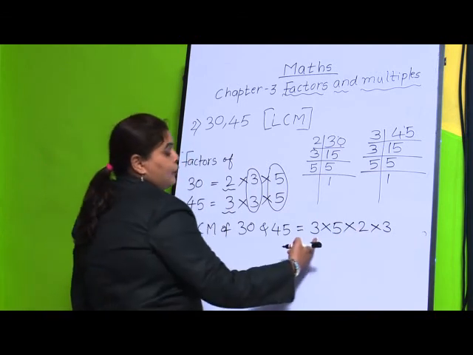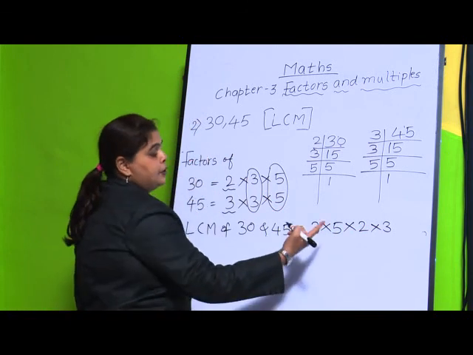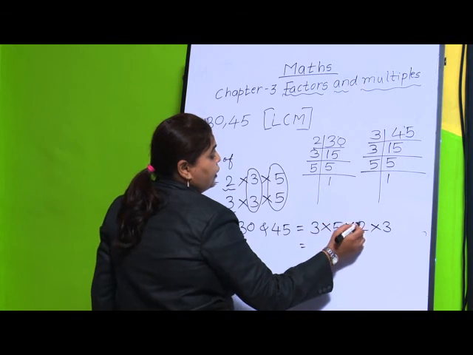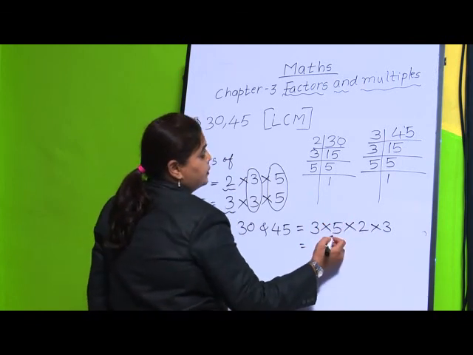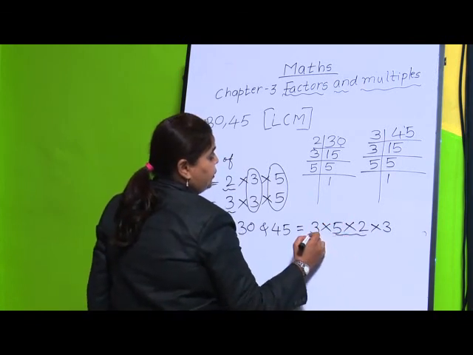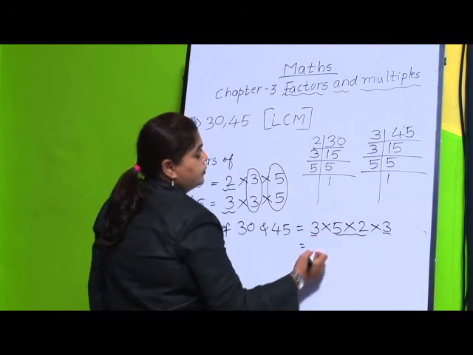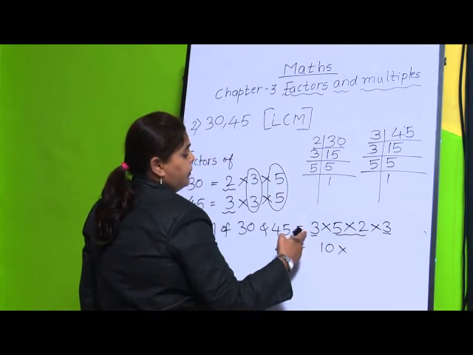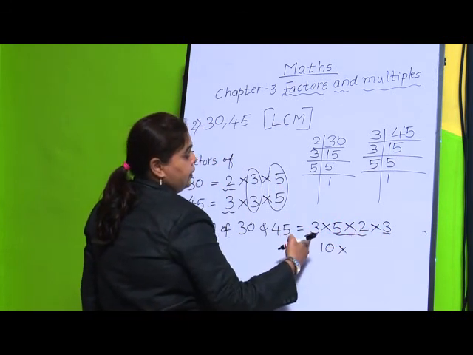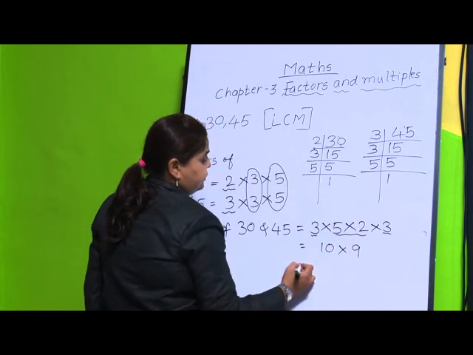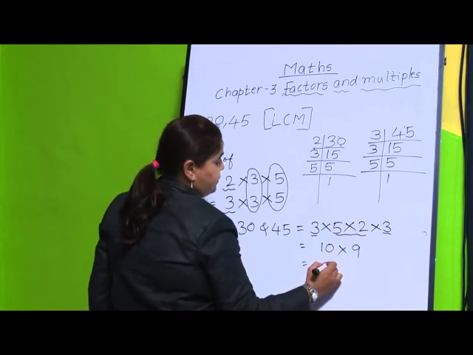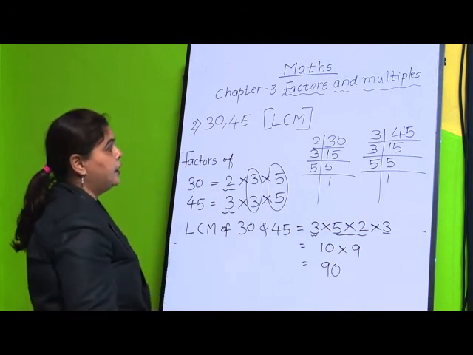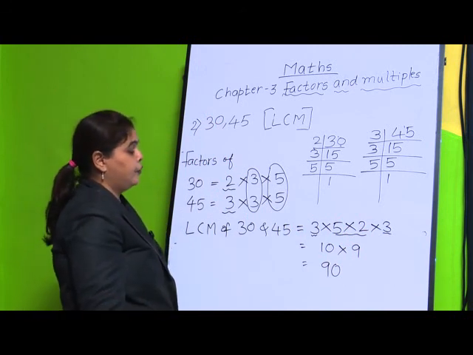Now, we can do it by 2-3 methods. I will show one of the methods which is easy. Here we can go for 5 2s are 10. So, I will multiply these. You can multiply these two. So, what will be here? 5 2s are 10 multiplied by what I had underlined here, 3 3s are 9, is equal to 10 9s are 90. This is the least common multiple of 30 and 45.